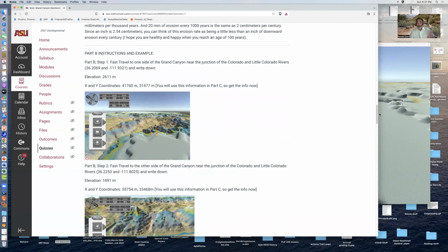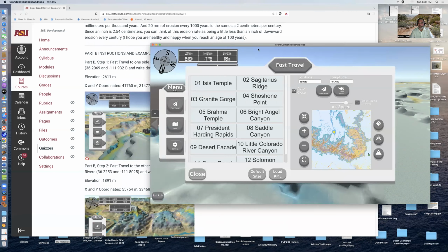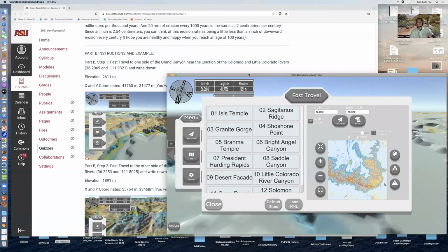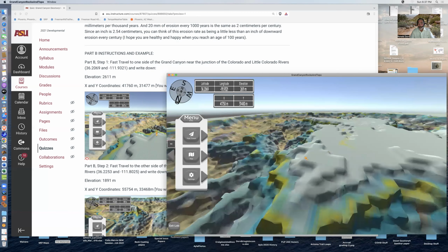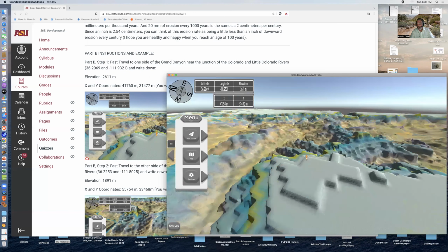Now the question is, what's the rate of incision? So I'm instructed to go to two locations on either side of the Grand Canyon. The instructions are near the junction of the Little Colorado River and the Grand Canyon, but I'll just go there and fast travel. One side is 36.2069, and the other side is minus 111.9321. I fast travel there, and I'm sitting up on one side of the Grand Canyon,